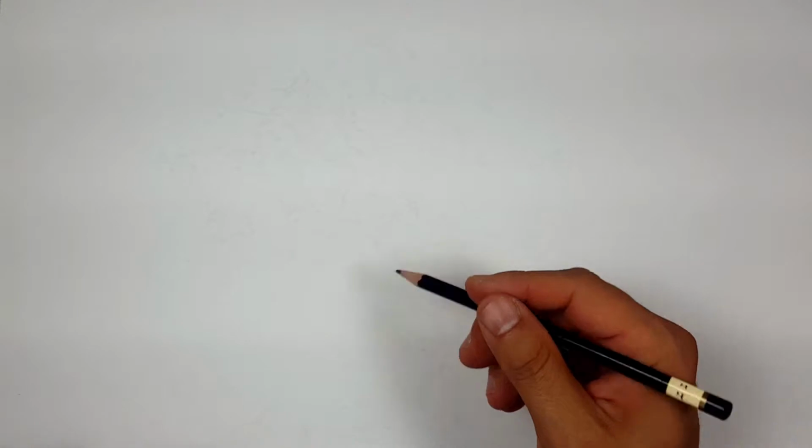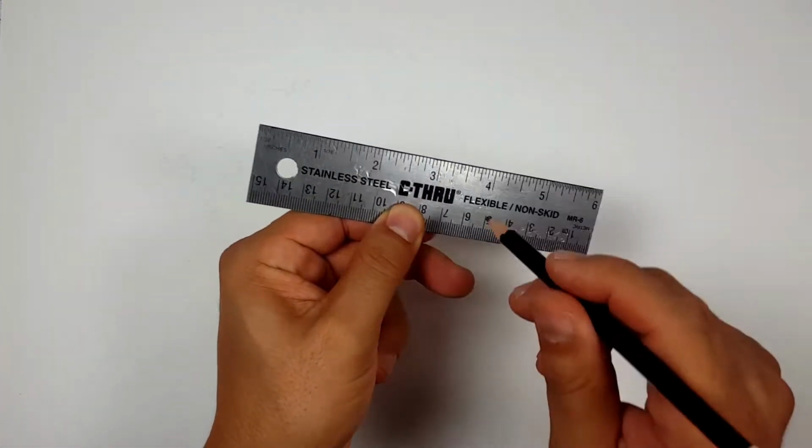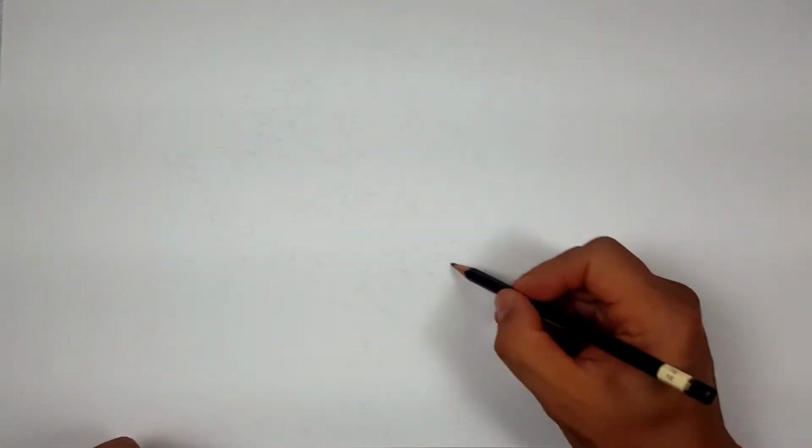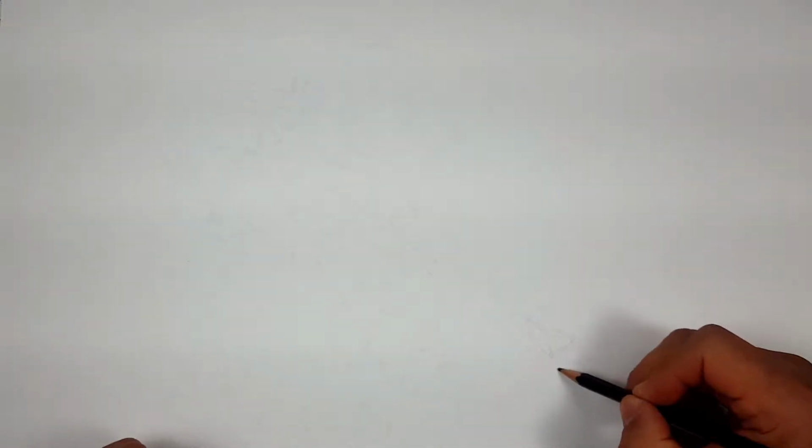So for those of you that are sticking around, I'm going to be using a straight edge, a ruler, so you might want to get one of those if you want to do it like that. If not, do it by hand. But I'm going to start off with a quick sketch for myself, and then we'll jump over to Sharpie Town,